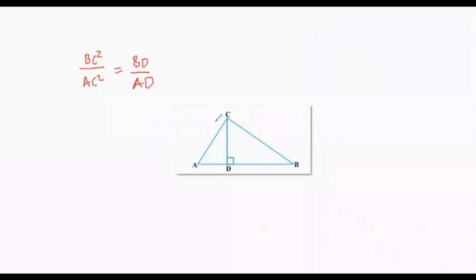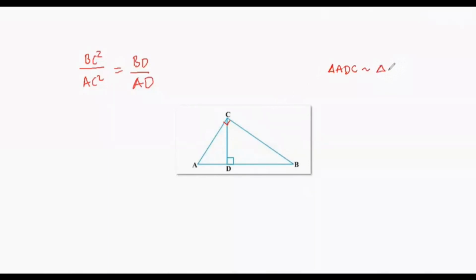Okay, so how can we prove? We want to get BC square by AC square is equal to BD by AD. This proof is just like the proof of the Pythagoras theorem. We want to start in the same way. Since ACB is a right triangle, as CD is perpendicular drawn from the right angle to the hypotenuse, we can apply the first theorem we studied. Therefore the triangle formed on the left side, that is triangle ADC, will be similar to the large triangle. The large triangle you take in the same order.